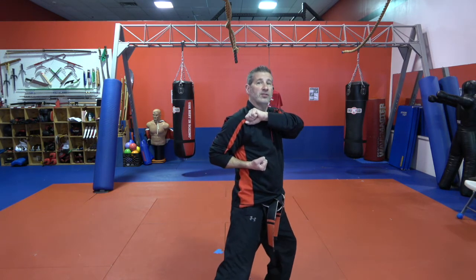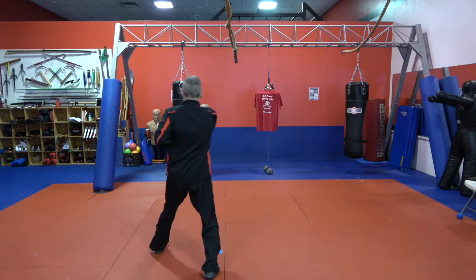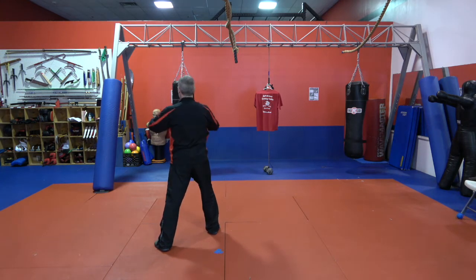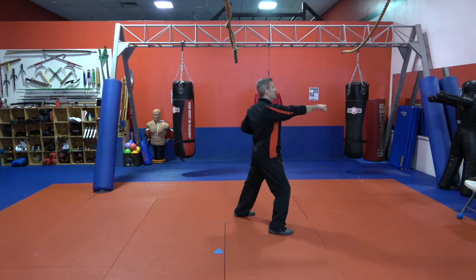Bring that left front punch to my shoulder. I'm going to block down, back, down the middle, and we're going to go 1, 2, and 3. Here's another one of those moments where that punching hand does not come to your shoulder. The opposite hand comes. We're going to wheel back with the left again, block down, step in and front punch,